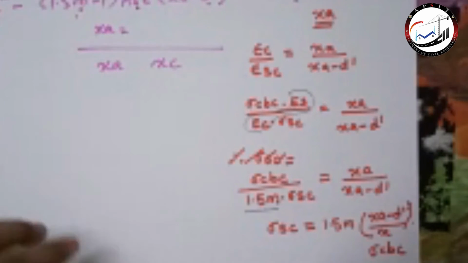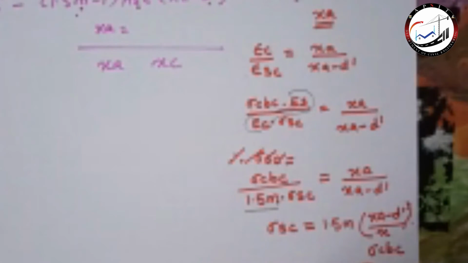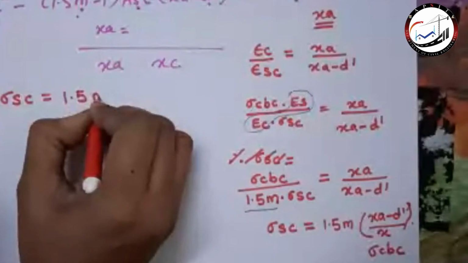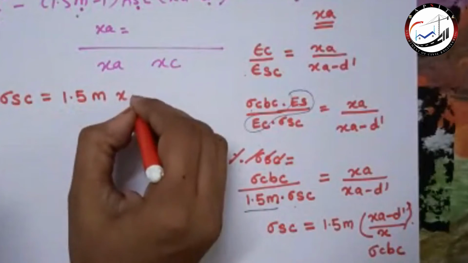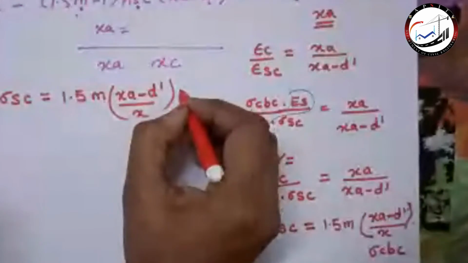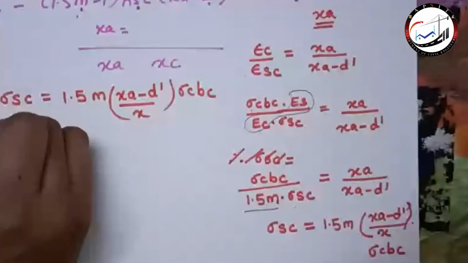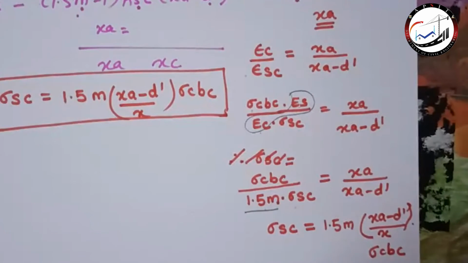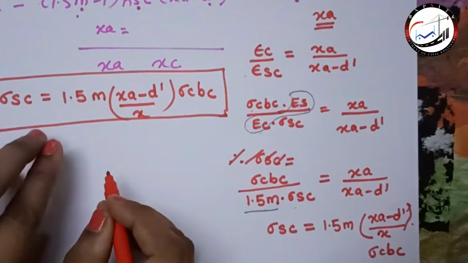So from this I can say that sigma SC is equal to 1.5 m, XA minus D dash upon XA, into sigma CBC. I have written the same term here, sigma CBC. So this is my value of sigma SC. But what do I need? I want the value of sigma dash CBC. So if you see this equation properly, you can say that this value